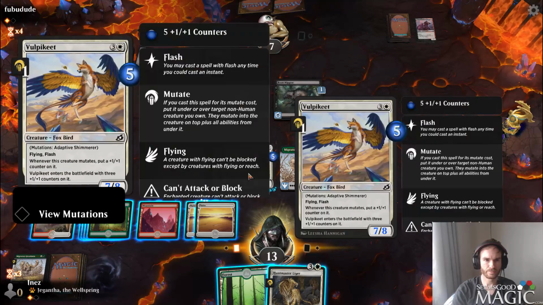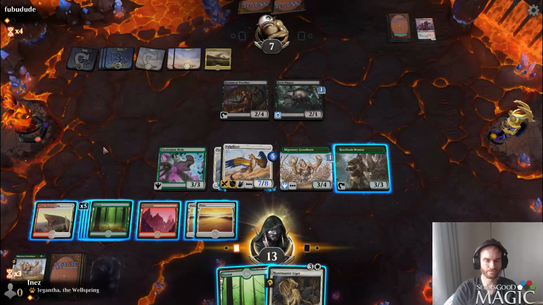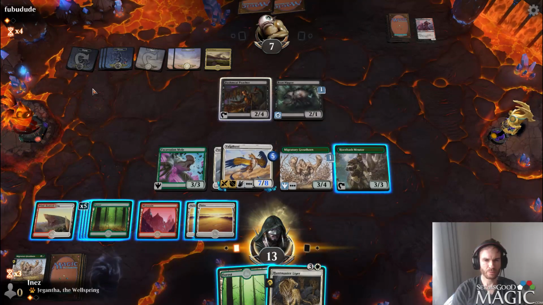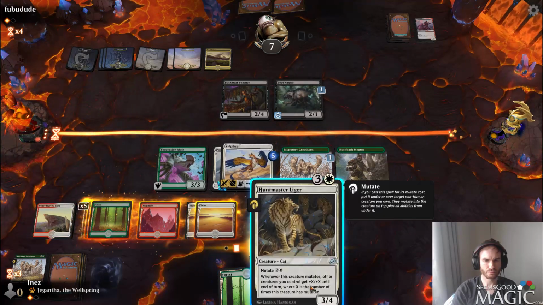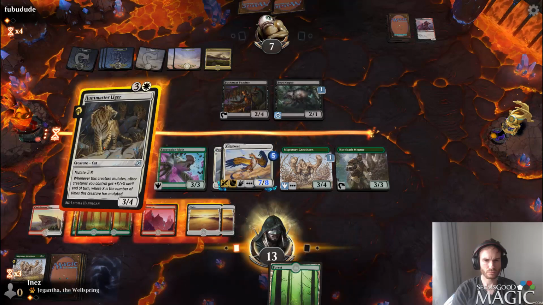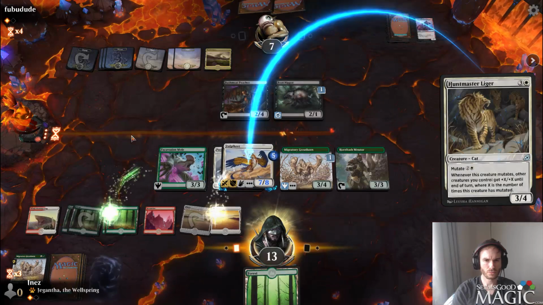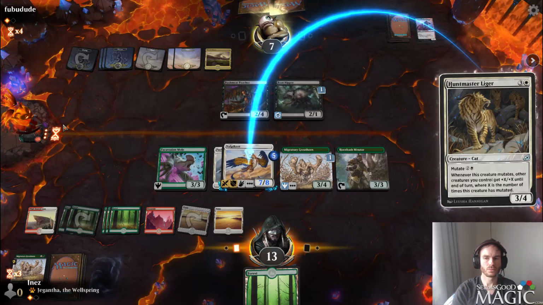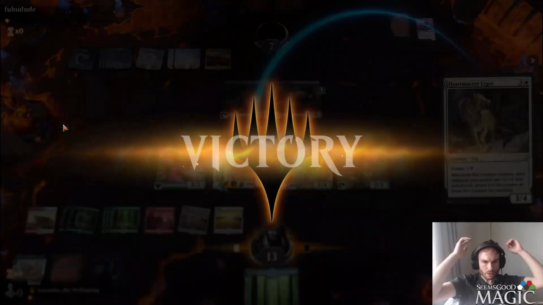How many creatures are on this? This is just 2. Well, I can mutate Pump Team. They have 5 toughness. I think we're going to try it. Cool. Well,